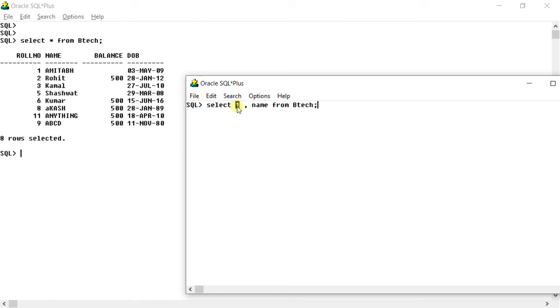This is a literal and name is the column of the table. So Oracle will extract the value of name from each row. It will go to the first, second, third, fourth, fifth, sixth row, and along with this, it will select 1. So the answer will be something like this. I hope the concept is clear to you.